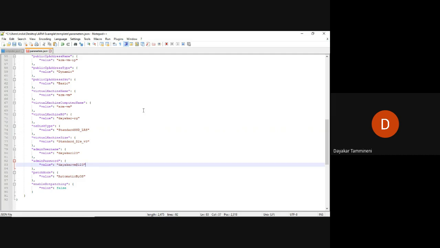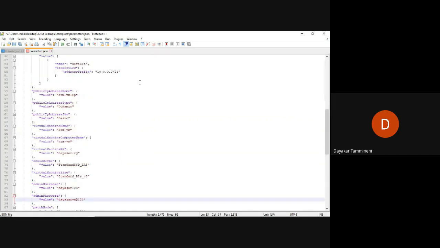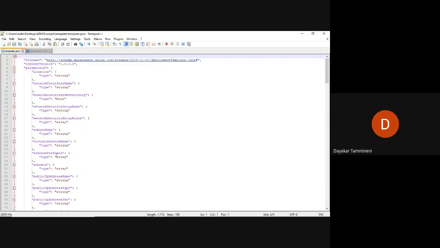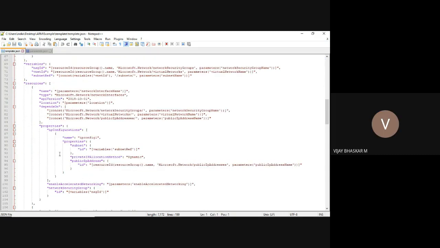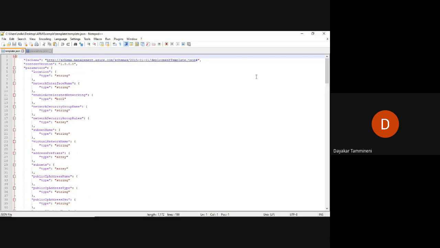Now I need to give the password, because using this ARM template, I am going to create the new virtual machine. Have I created the virtual machine in the previous instance? No, sir. Just I have validated it. I have not created it.